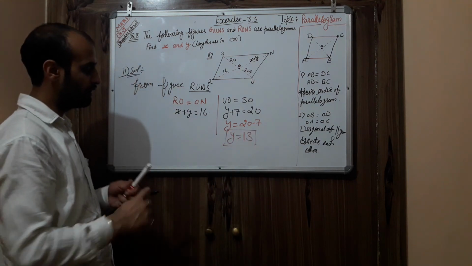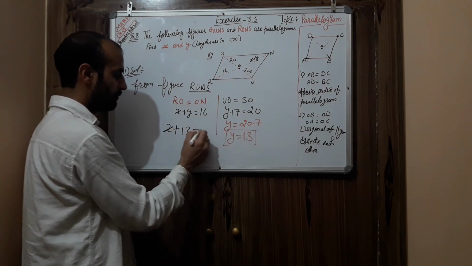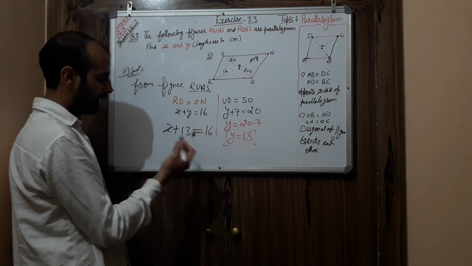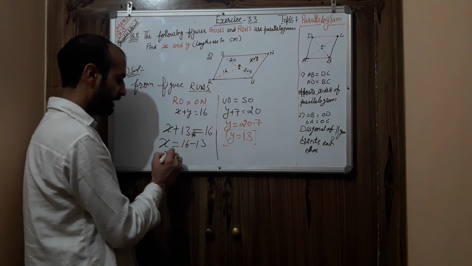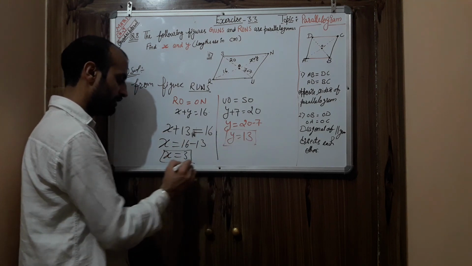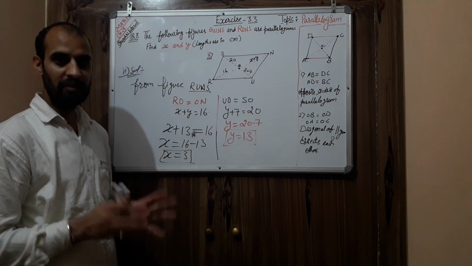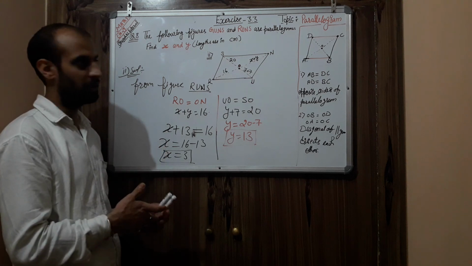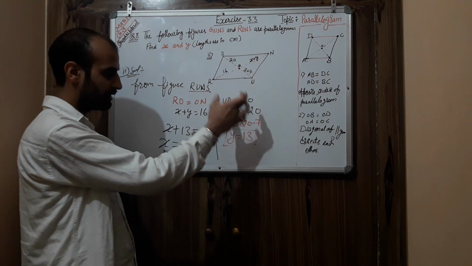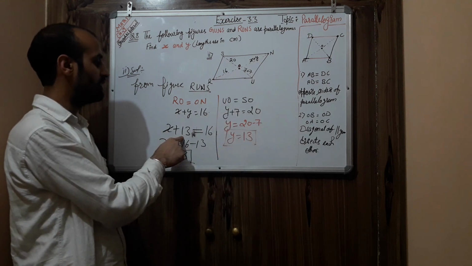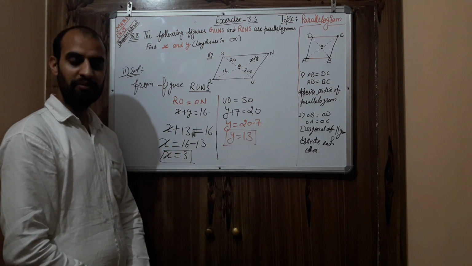Now substitute this value here. So you will get x is equal to 16 minus 13, and your x value becomes 3. See my dear students, both questions are very easy, and here it is very important to understand how to utilize the property. I have written this part as well as this part. We can calculate y from here, then substitute the y value, this 13, and subtract, and you will get x also. Hope it is clear to you how to utilize the property of parallelogram.